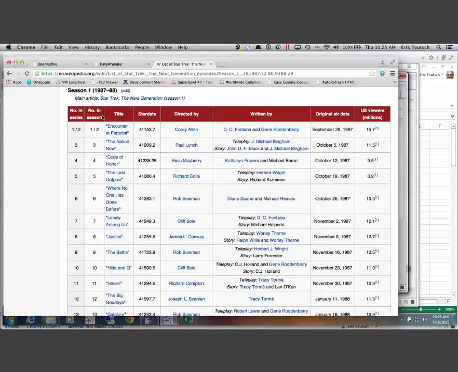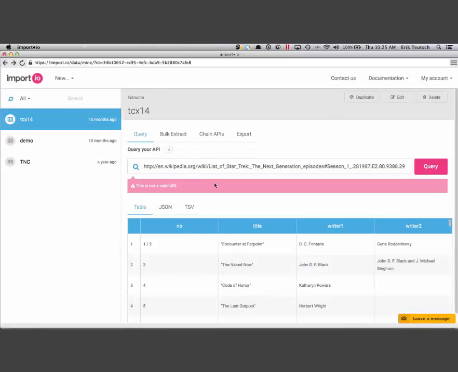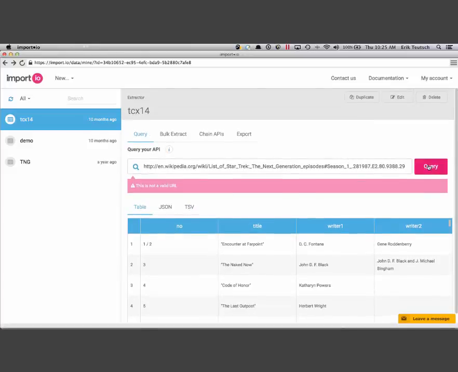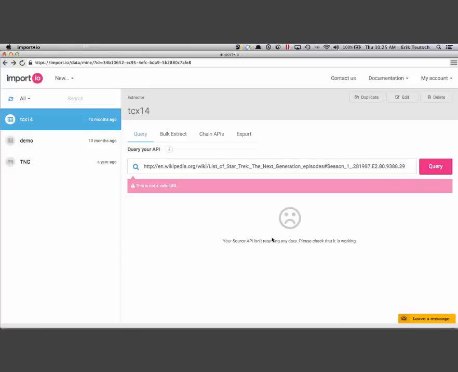And then data IO, or import IO, which I don't really have time to show you at the moment, but this is actually a great little product for scraping websites, where you can have the product look at a website, and again, it's a similar sort of thing. Oops, didn't like that website. By the way, I'm a Star Trek nerd, so you can kind of see that here. But the tool will allow you to actually go through and